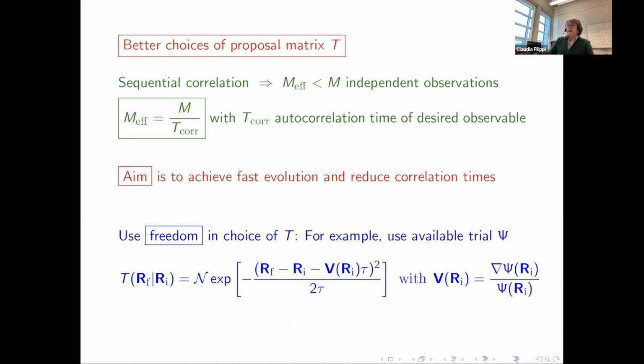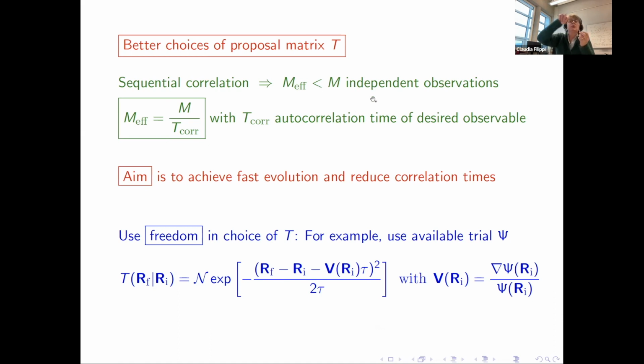Now, having rewritten the matrix M, which allows us to perform the random walk in terms of a proposal transition matrix and an acceptance, the sequential points are correlated. Because you're moving from I to F, but maybe your move is rejected and then you stay where you are. And so your effective number of independent samples is less.